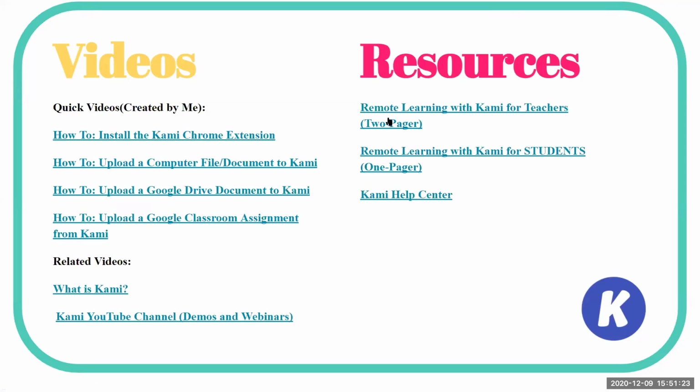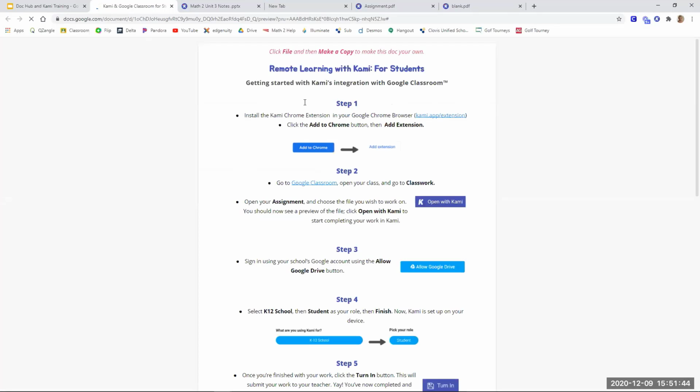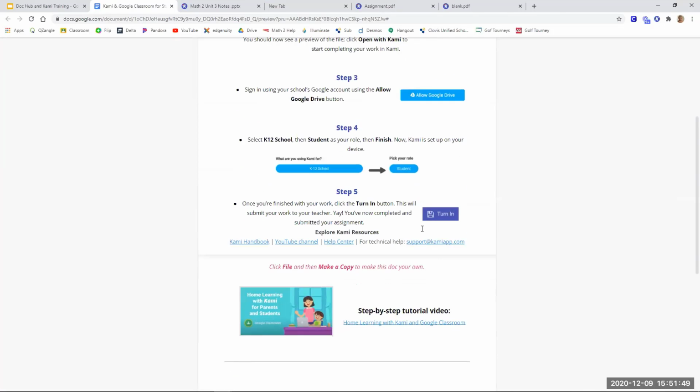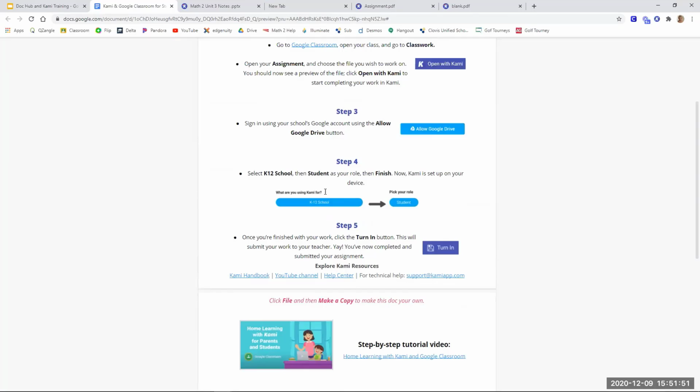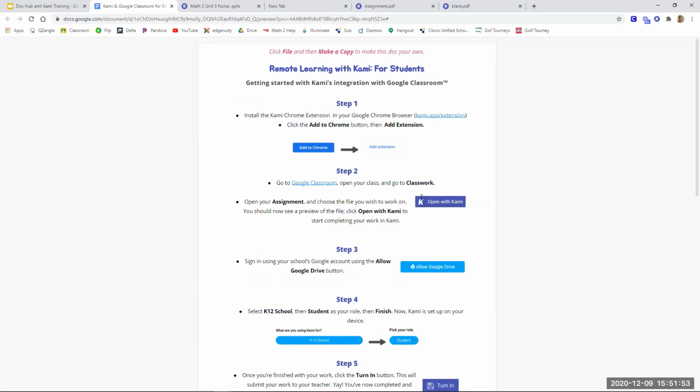And then these are really cool 1-pagers and 2-pagers from Kami themselves. If you are like, I love Kami, I want to use it and get a premium version, you can obviously contact Kami and sign up for that or talk to your school site. But this is a one-pager getting students onto Kami with Google Classroom. So that one-pager, I did want to leave it there for you, but it really is more for the premium